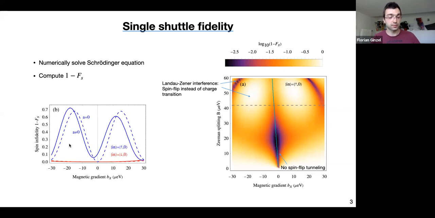And now it's clear that there's some asymmetry. This is due to the spin-orbit interaction, which is switched off in the dashed curve for comparison. And this asymmetry is due to the fact that the transverse magnetic gradient and spin-orbit interaction have pretty similar roles in our Hamiltonian. And here on one flank, they are the very same, both enhance the infidelity, while on the other side, they have opposite signs and thus partially cancel out. And we have, even with spin-orbit interaction, a lower infidelity than we would have without. And reversely, this means that by carefully tuning this magnetic gradient, one can eventually cancel out destructive spin-orbit effects which